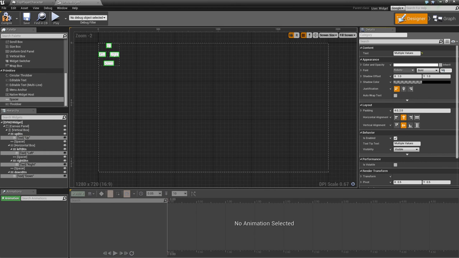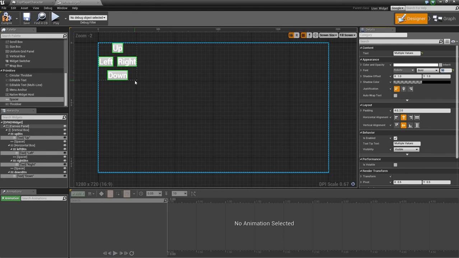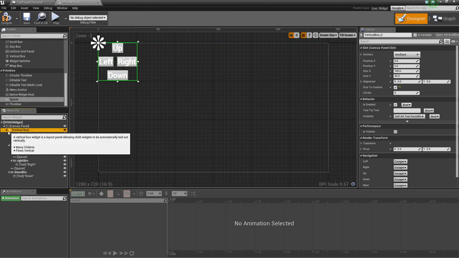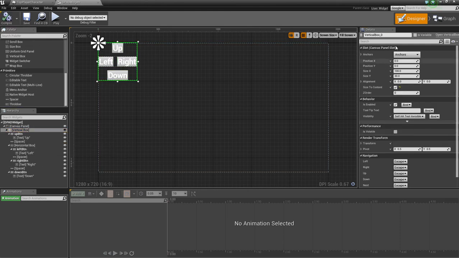Because this is going to be from mobile, I want this to be pretty big so it's easy to click on. Compile. Now we'll grab our vertical box here and we'll set the anchor point to the bottom corner here and then click this little arrow there. So we're going to set this guy to negative